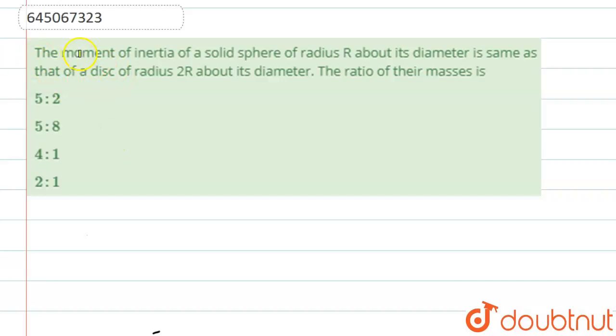Well, hello students. Now we're going to see this question. The question says that the moment of inertia of a solid sphere of radius r about its diameter is the same as that of a disk of radius 2r about its diameter. So the ratio of their masses is, so basically it is given that moment of inertia